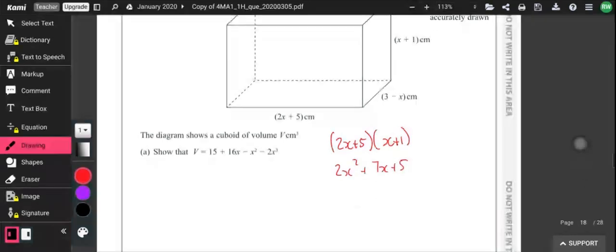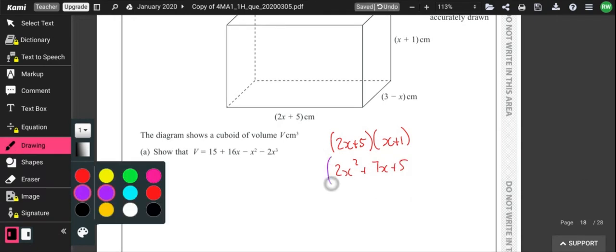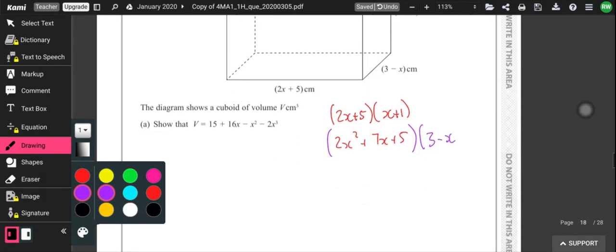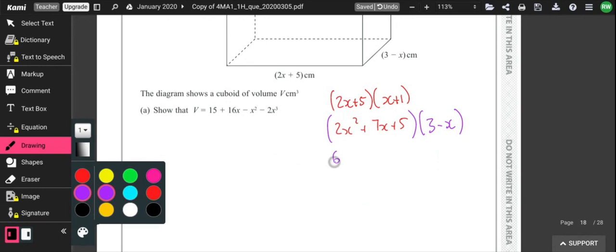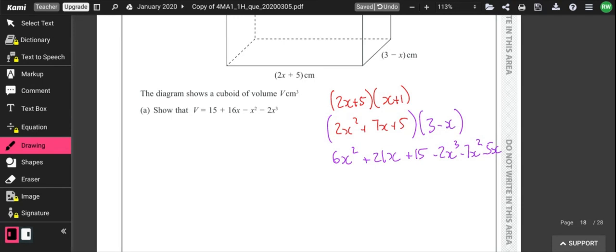And then we're going to multiply that by 3 minus x. So 6x squared plus 21x plus 15. And then we're going to do minus 2x cubed minus 7x squared minus 5x. If we collect all of that together, we have negative 2x cubed. Then we have 6x squared minus 7x